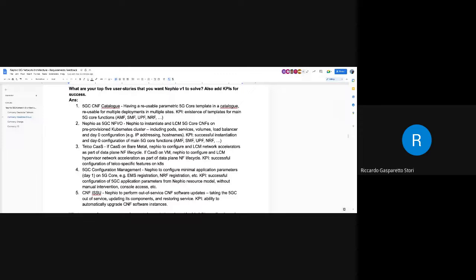Vodafone, especially among the European operators, has quite a large footprint and diversity in its various markets. So for us, it's very important to have reusable artifacts. And of course, deploying the same thing many times from a parametric template is something we're looking to leverage from Project Nephio, really.